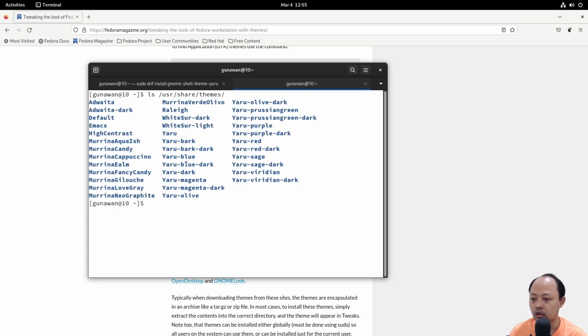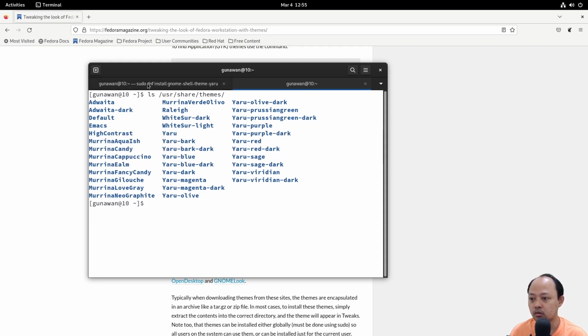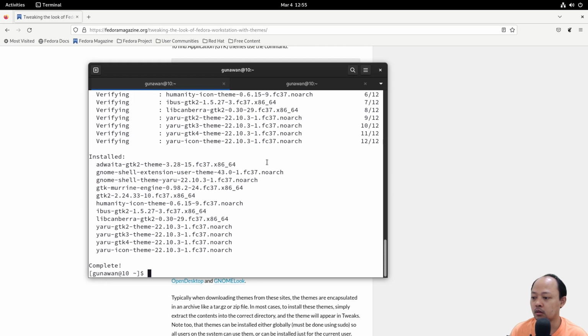So we now have the Yaru shell themes. There are so many Yaru folders here. The shell theme that we install from the Fedora official repo will be automatically accessible from another user because it is installed in the system folder.